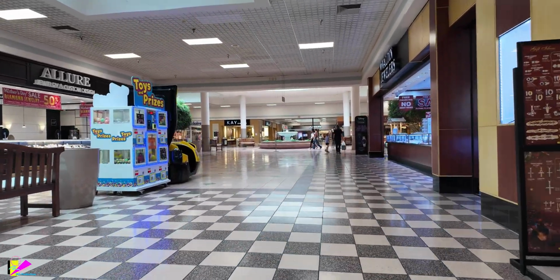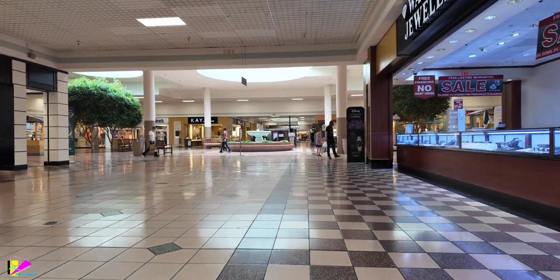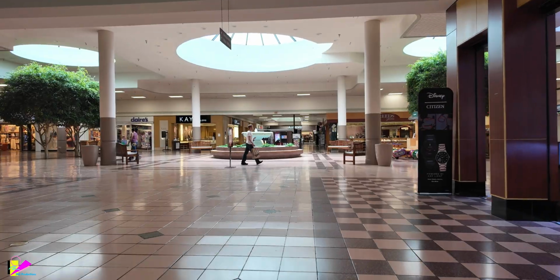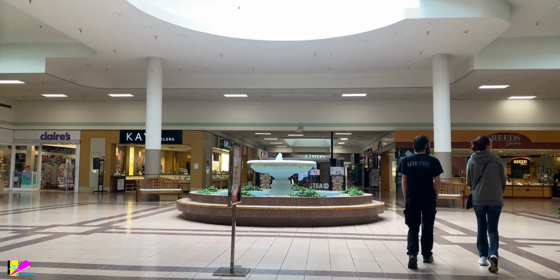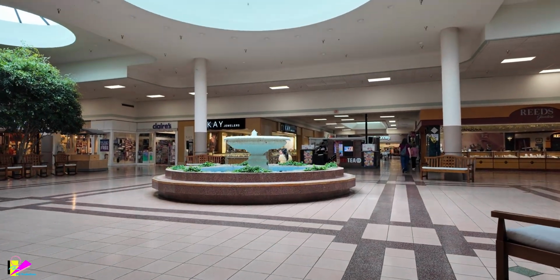Now, Francis Scott Key definitely was my least favorite of the trip. However, that doesn't mean it's a bad mall. It actually is a really nice looking mall. I think I was just so harsh on this mall when we were here just because we were extremely burnt out by this point, as this was our 10th of 11 malls we were seeing in 3 days. And compared to all the other malls we already saw on the trip, this was the